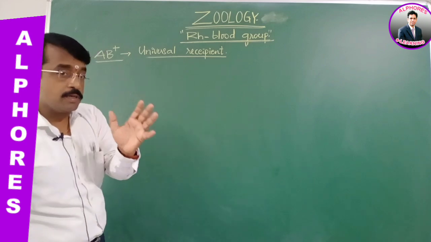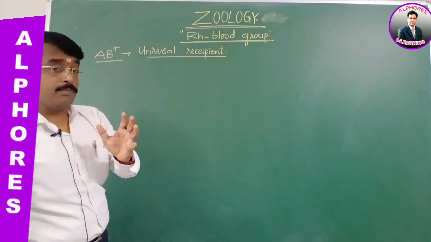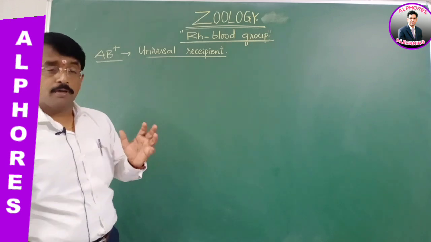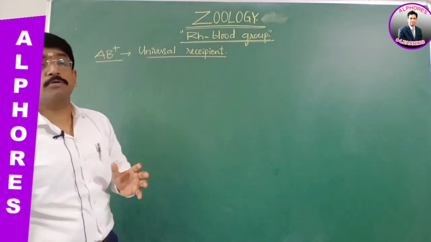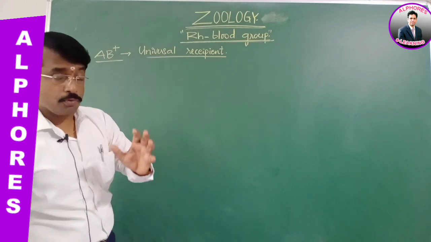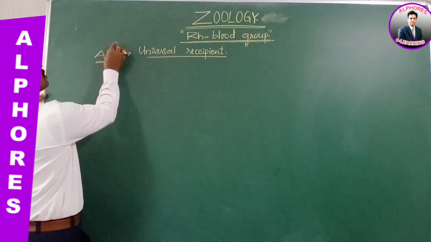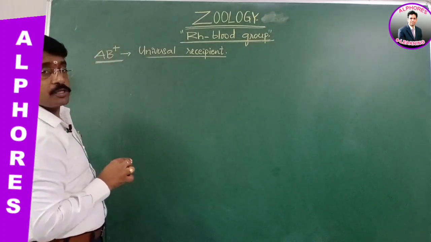So whoever the individual is, ABO is compulsory: A blood group, B blood group, AB blood group and O. So here AB positive, in the sense the individuals that are with the RH antigen,